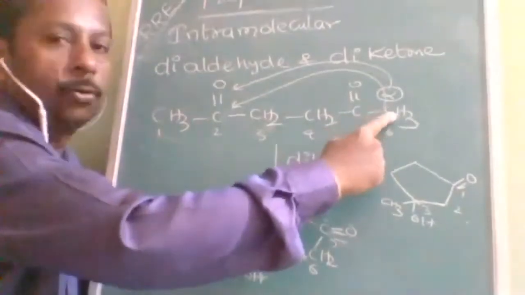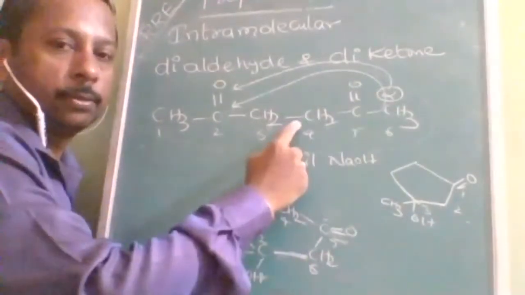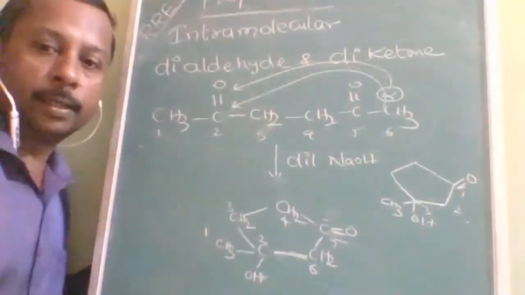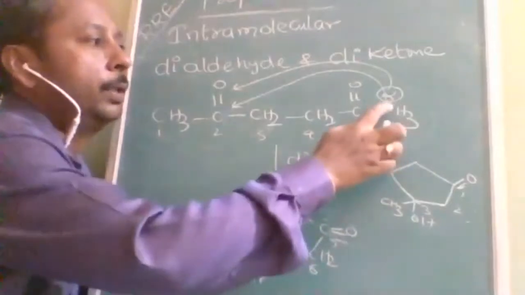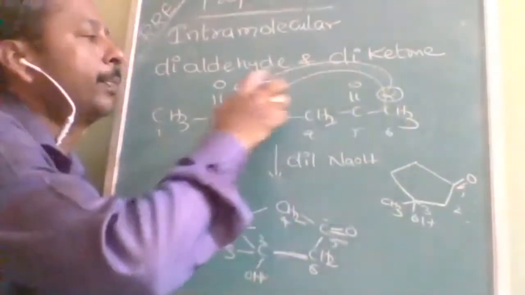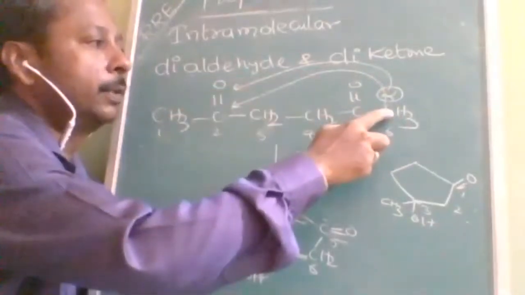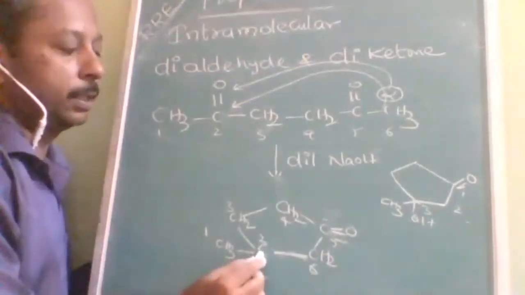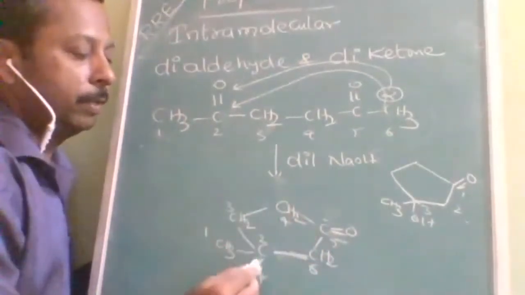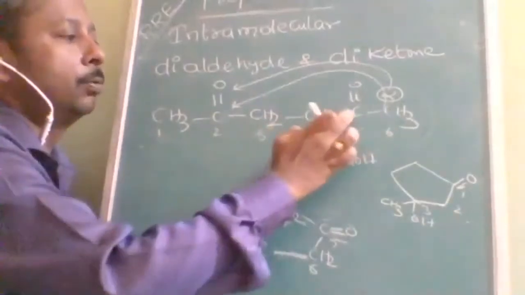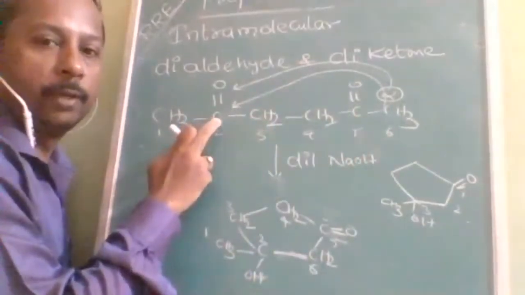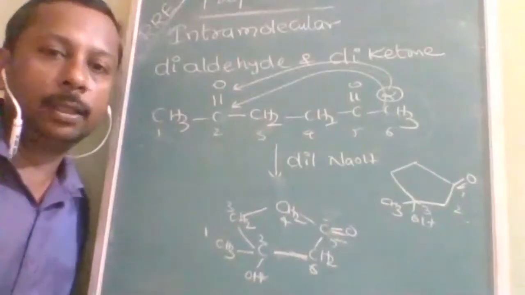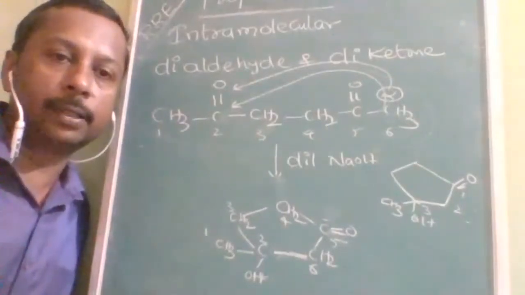Here this alpha hydrogen is also possible, but it will produce ring strain. A minimum 5-membered cyclic ring is better for stability. So this alpha hydrogen is transferred to this oxygen, and this carbon is attached to this one. This sixth carbon is attached to the second carbon. In the ring how many do we get? 1, 2, 3, 4, 5. A 5-membered ring will be possible. That's why it is clearly instructed that it should be 2,5 at least. If it is 2,4, then cyclobutane, ring strain will be there.